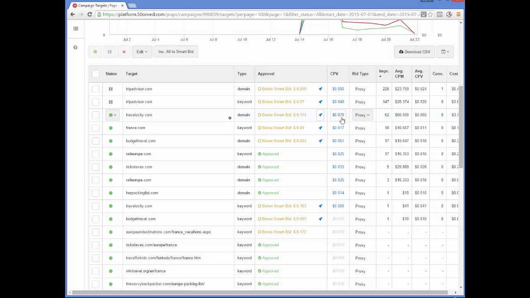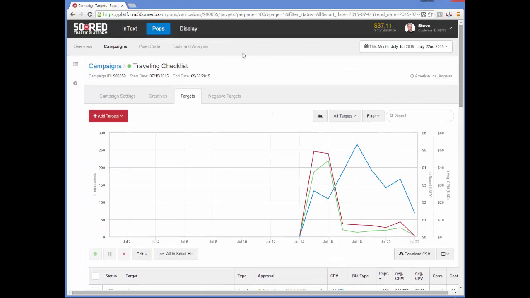A way to almost decrease your impressions and yet still be popping up over that URL would be simply by lowering your cost per view. So say Travelocity, we may want to continue popping up over Travelocity but at a lower price, and so we could decrease our cost per view for that URL. Okay, that was looking at